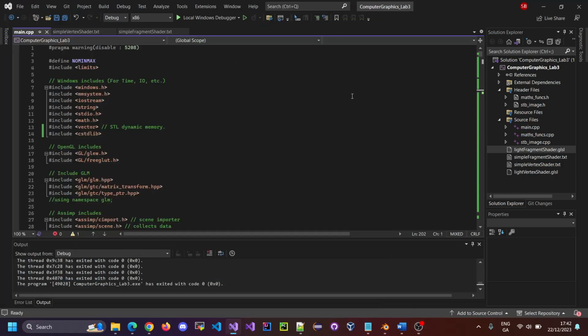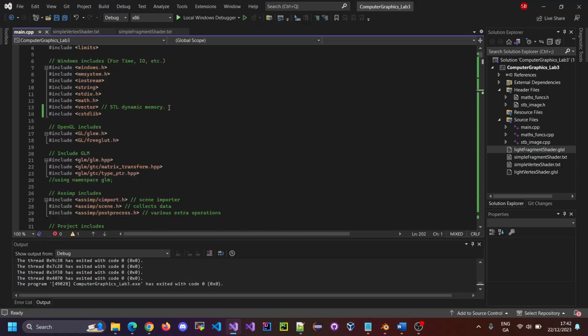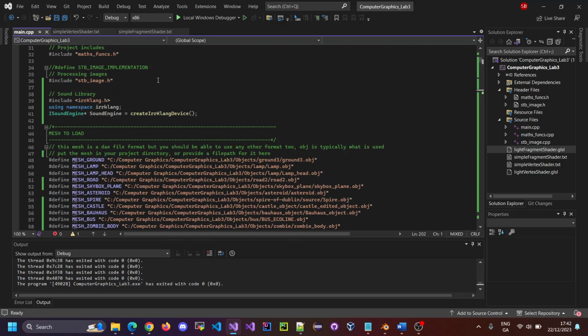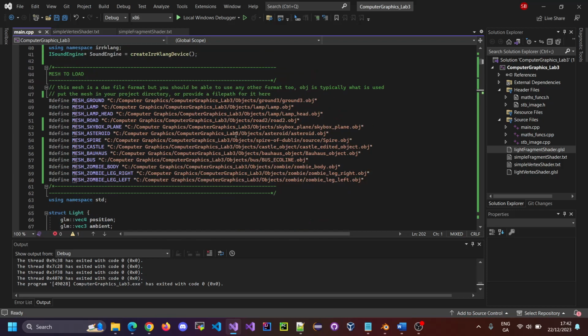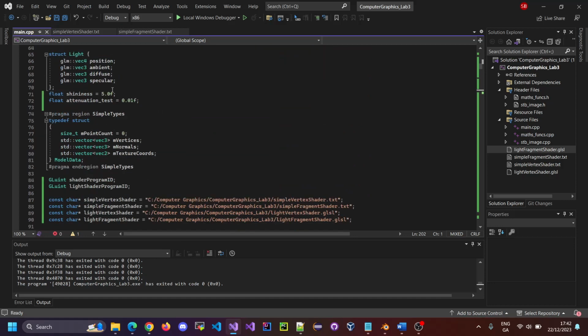Hello, this is the demonstration for the final project in computer graphics. Before we go into details, we set up the necessary libraries that we will use here. Here we load in the meshes of all the objects, create a couple of structures for the objects and the